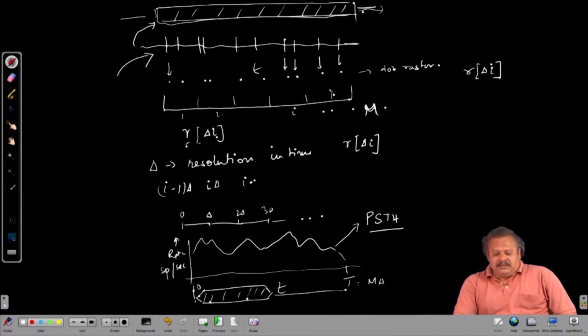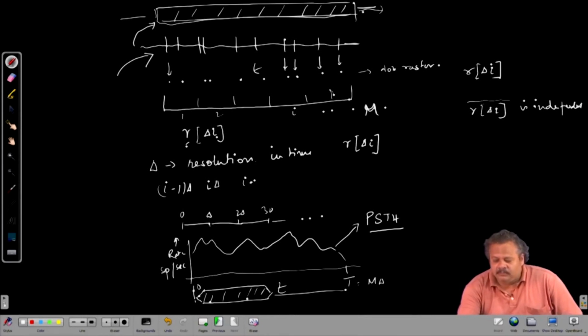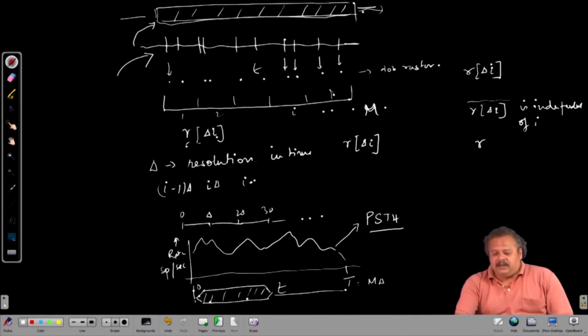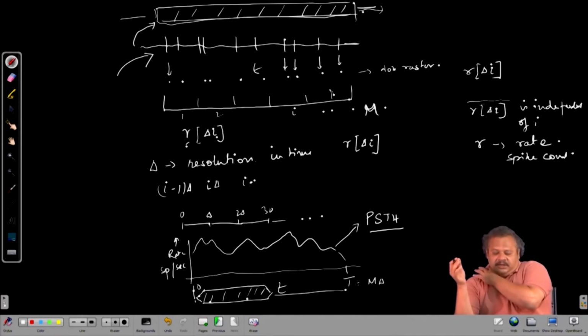Now, this R delta I can be variable over time, or in general can be constant over time, that is, R delta I is independent of I. In that case we have only a single R value and it does not have to be indexed with time, and that is simply the rate, or we can also replace it by simply the spike count